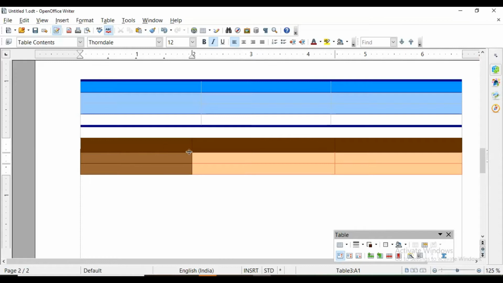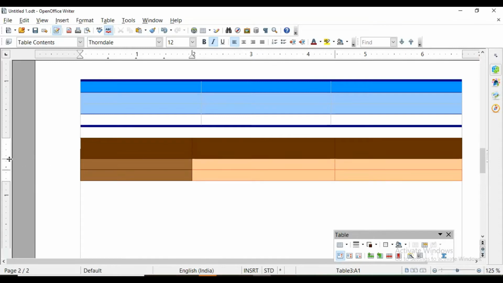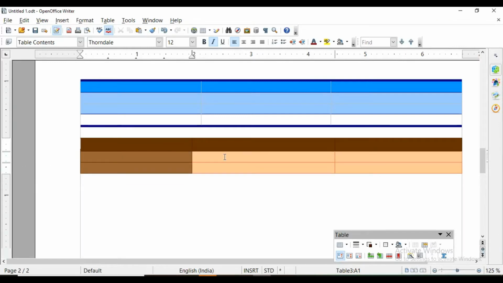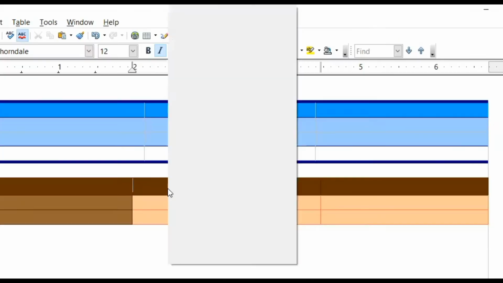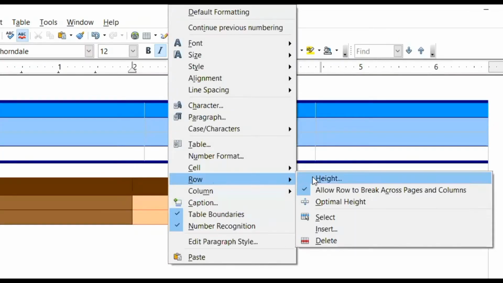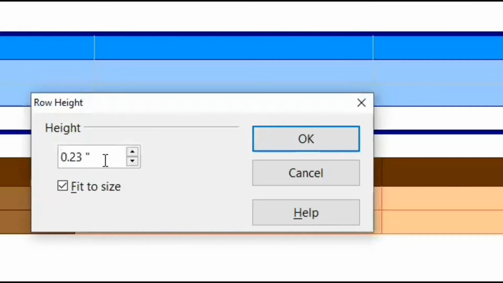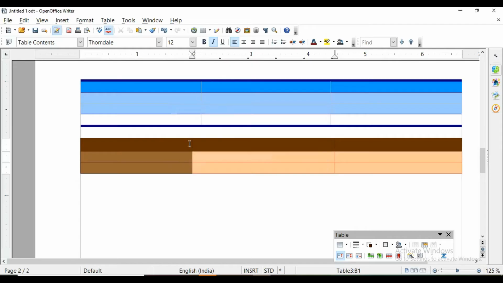This is width, this is height of your cell or row that you can select. And from here also you can specify an exact height. If you want 0.5 or 0.2, whatever size you want, you can specify here. Or if you want to drag it according to your content, then you can drag it like this.